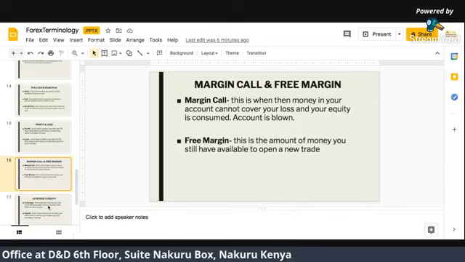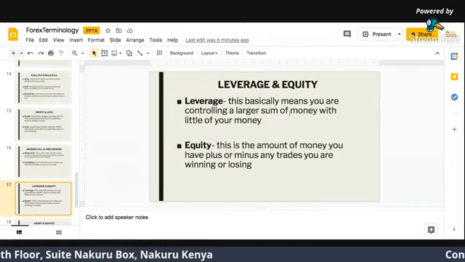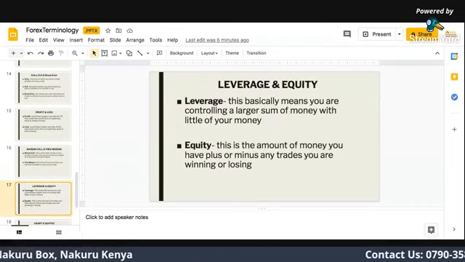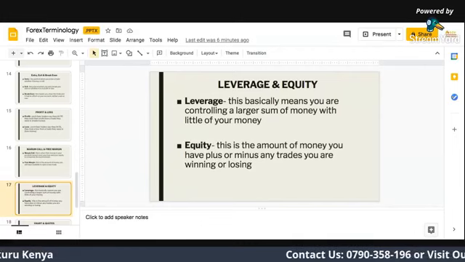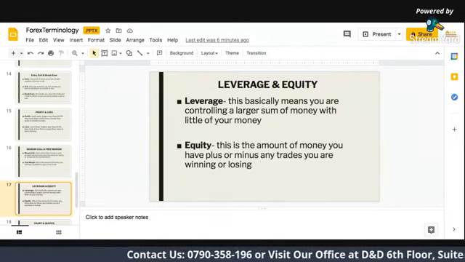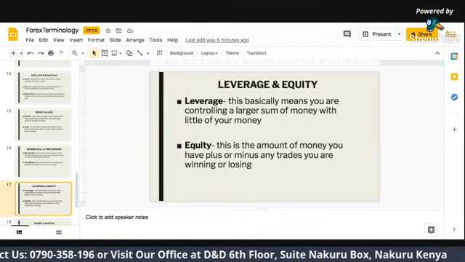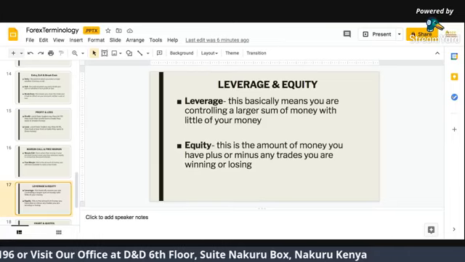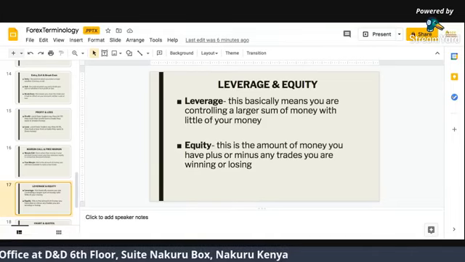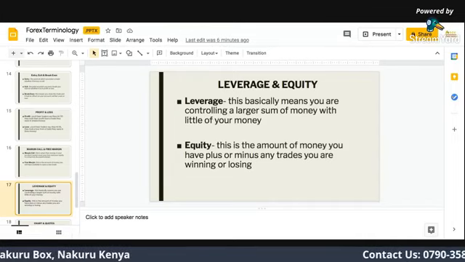And then we have leverage and equity. Leverage basically means you're in control of a large sum of money with little of your own money. This is what the broker gives you. The broker offers different leverages, from 1 to 40 up to 1 to 1,000. So if you have 1 to 1,000, you can leverage your account by 1,000. If the broker gives you 1 to 40, you can only leverage the amount available in your trading